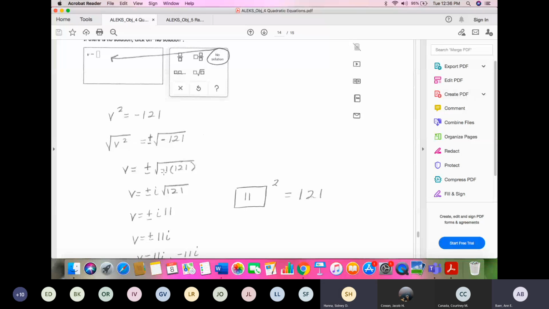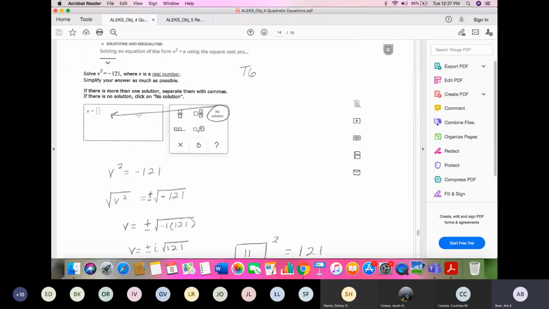Okay. So even if we were looking at a problem right off the bat and it's the square root of a negative number, you're like, no solution. So if it were the square root of -1000, no. If we were only asked to find real numbers, it would have to say where some variable is a real number. Do you see what I'm saying? Yes, ma'am.